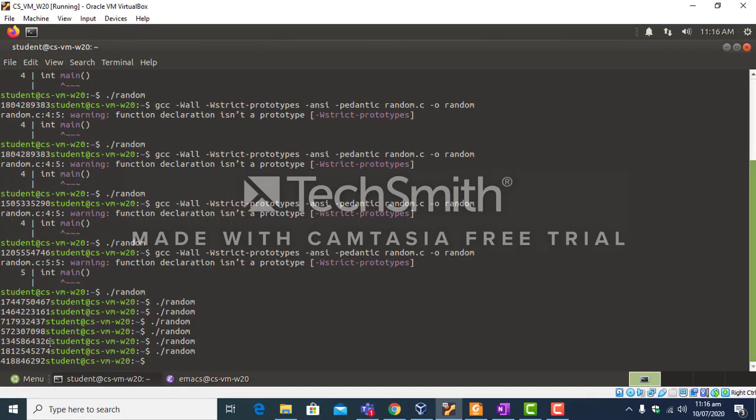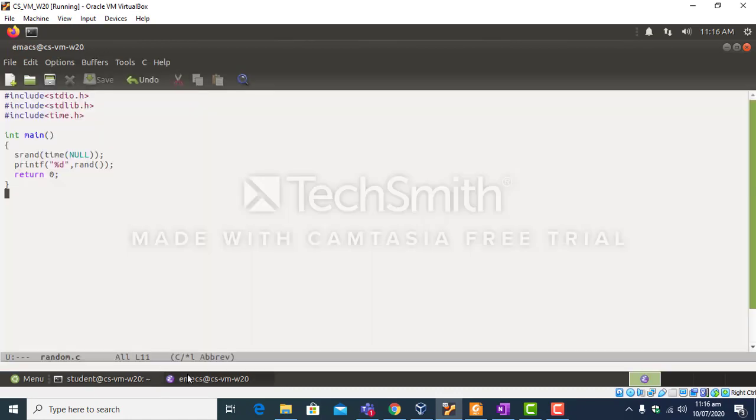Okay, if you want to restrict the random number to be printed at the output, then you can use the remainder operator. So if I write rand percentage 2, what will happen is that random numbers will be generated from 0 to 1, not 2. Random numbers will be generated from 0 to 1 and will be printed at the output screen.